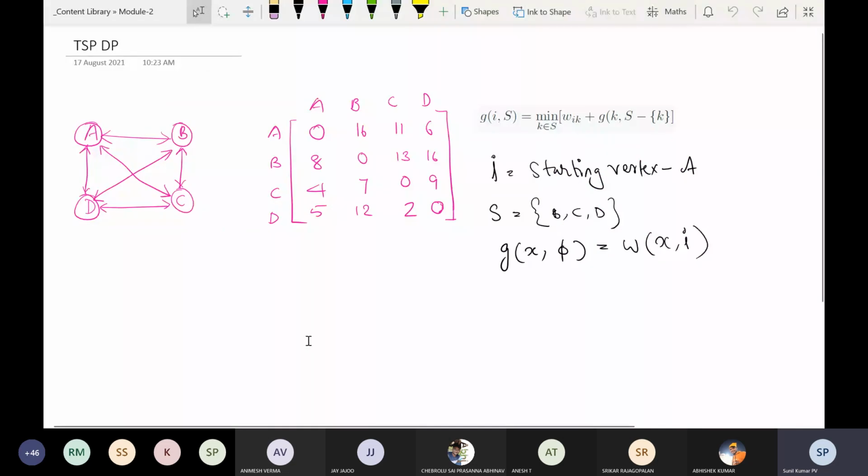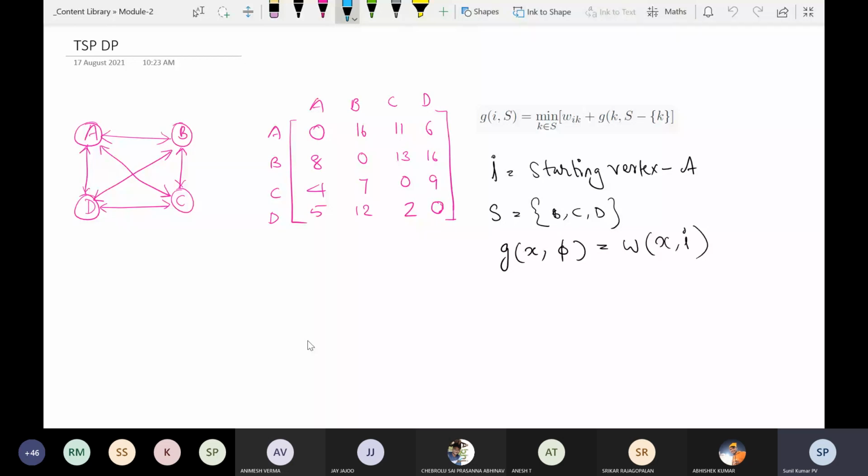So this is the scenario. We have 4 cities A, B, C, and D, and we have this table. This is an adjacency matrix. You remember adjacency matrix, incidence matrix, many ways to represent graphs. All these were part of your DSA course. Each entry in this adjacency matrix is the weight. Weight means you can consider it as the distance of traveling from A to B, or as the cost of traveling.